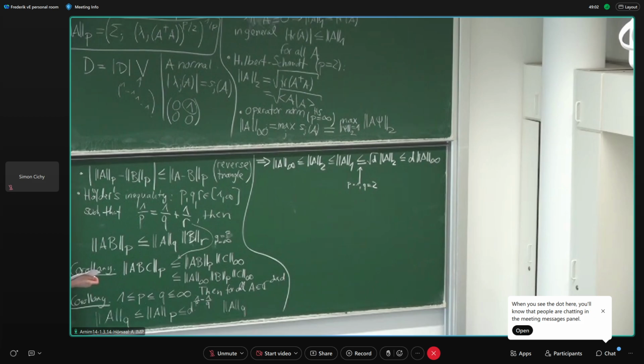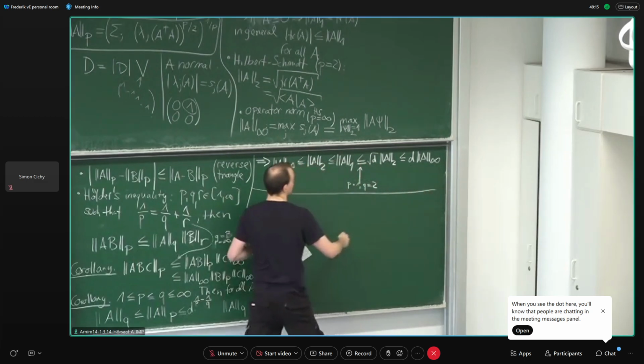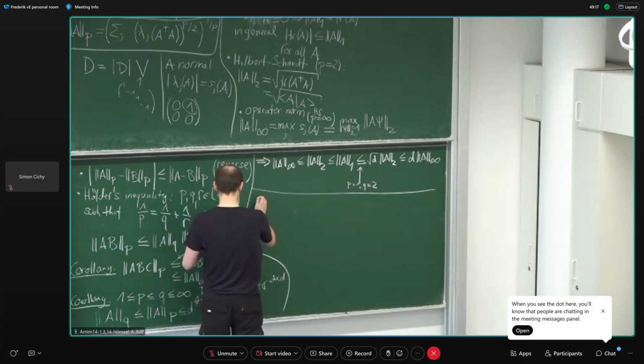Okay, are there any questions so far? Otherwise, I would come to a first connection to something maybe more familiar to quantum info people, which is the gate fidelity. Okay, so if not,